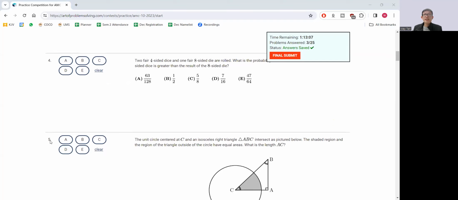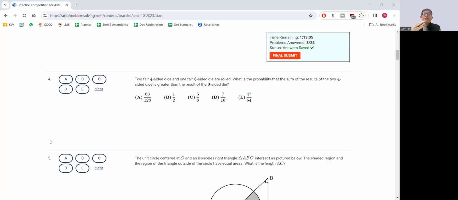Question 4. Two fair 4-sided dice and 1 fair 8-sided die are rolled. What's the probability that the sum of the results of the 2 4-sided dice is greater than the result of the 8-sided die? You know, I don't seem to find a simple way to do this, but I feel as if I can just do this manually. So manually would mean that